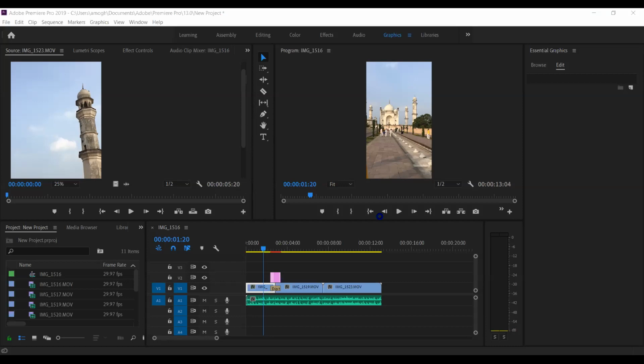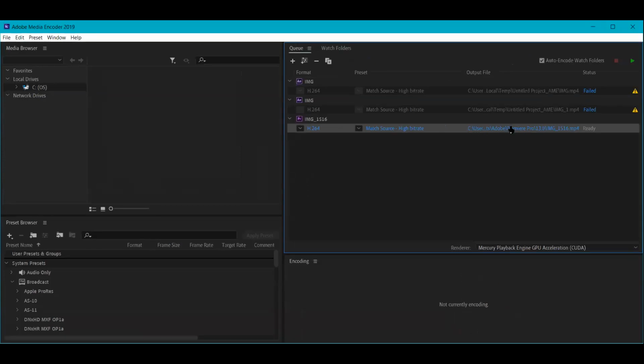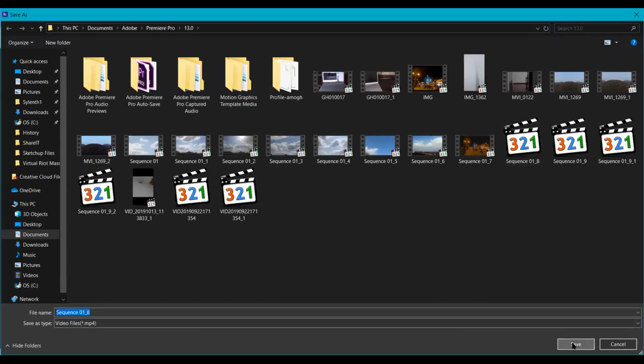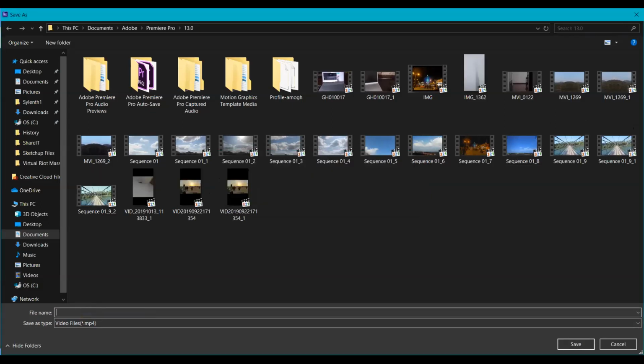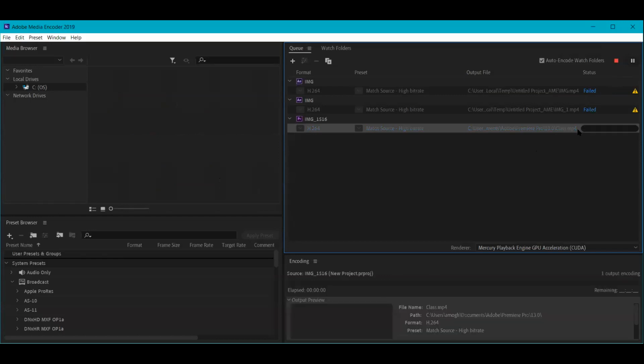Reshare. Yeah, this is the Media Encoder file. I'm going to save it into this folder. This is Dream. So this is when you press play. These are previous projects which I was working on. This shows that it's encoding or exporting.